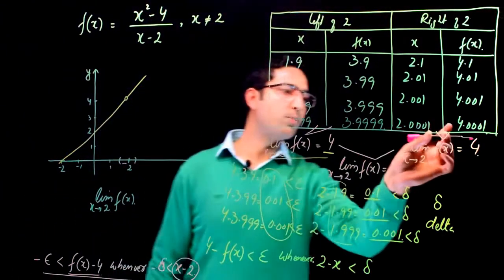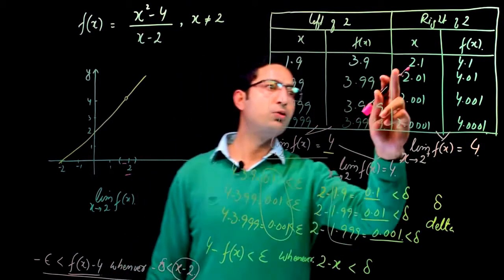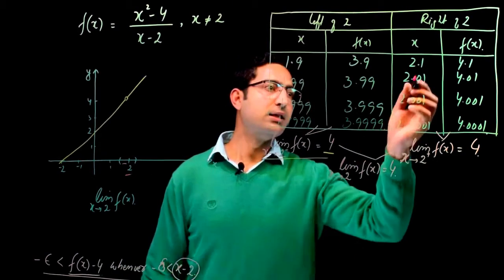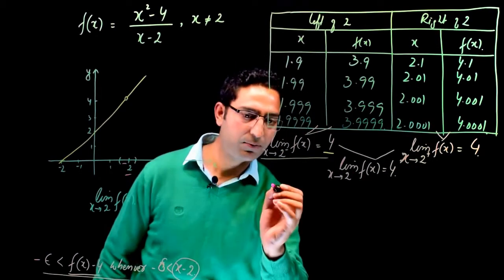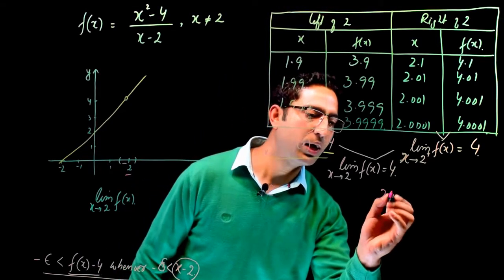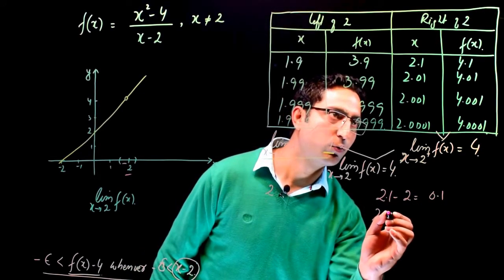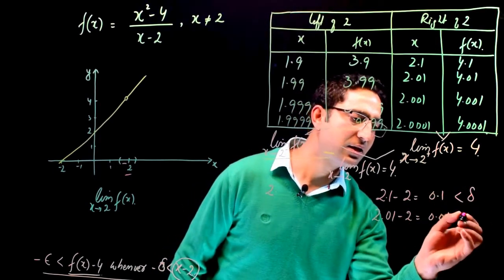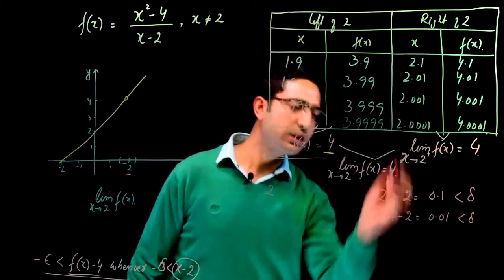Similarly, for these two columns, if I take the difference between the x's and the point 2, we will have 2.1 minus 2. Let me write them here. We'll have 2.1 minus 2, that is 0.1, and 2.01 minus 2, that's equal to 0.01. This is less than delta, this is also less than delta, and everything will get to be less than delta. Therefore x minus 2 will be less than delta,